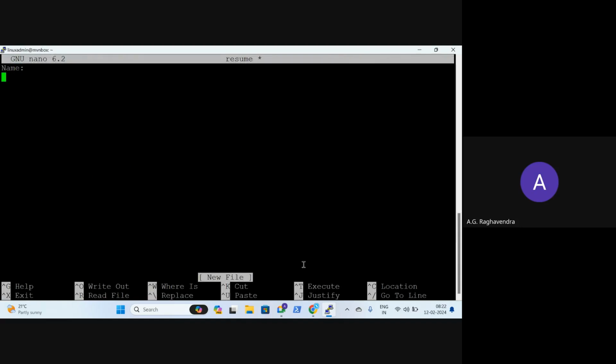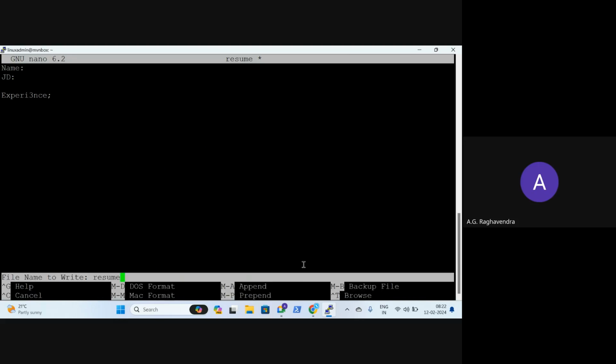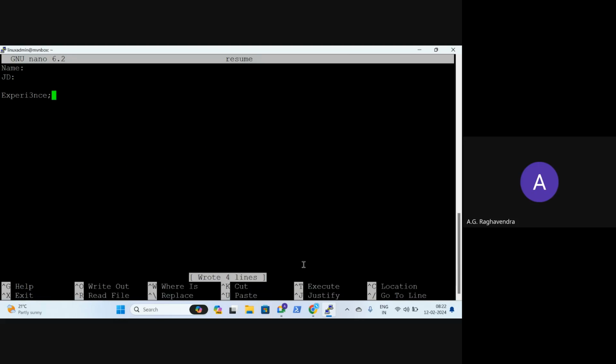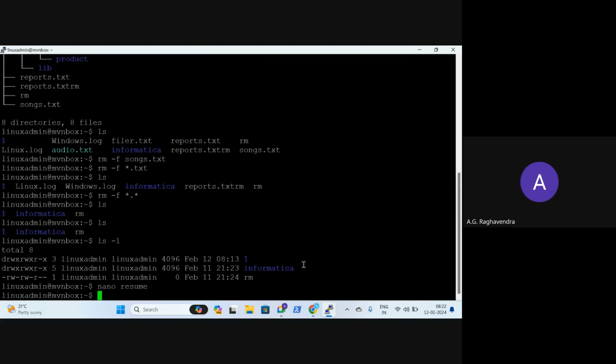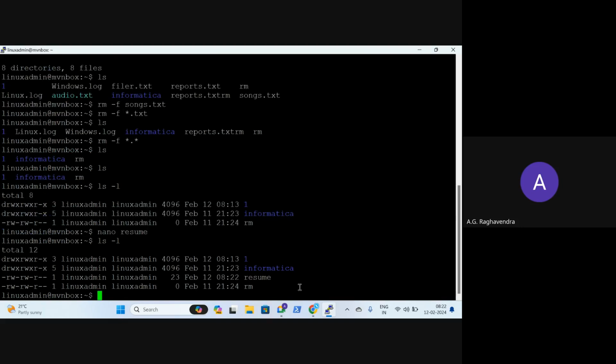So I can write my resume, something like that. Now Control O is to save, Control X to exit. Now if I list contents in a long listing, ls space minus l, you can see that.